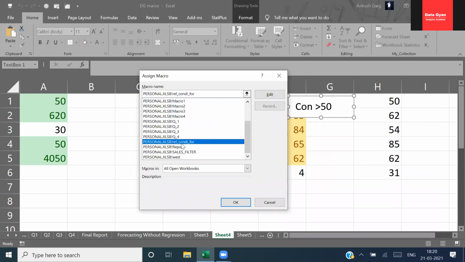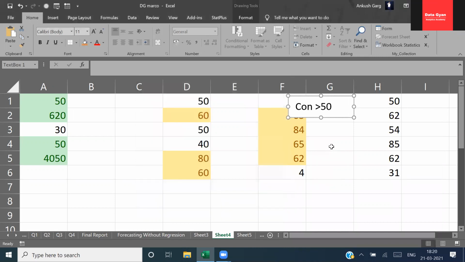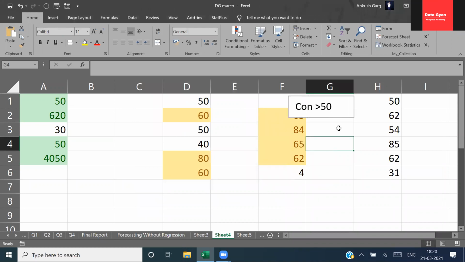My condition is the relative conditional formatting, so I click this option and click OK. Now when I hover over this box, the hand sign appears. Previously it did not, because now it is linked.